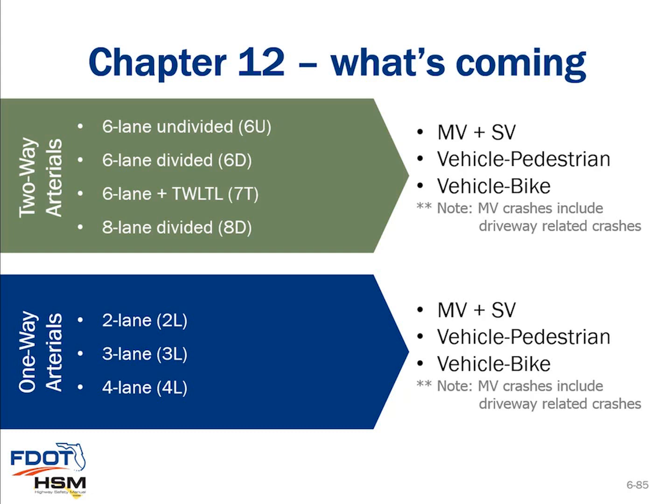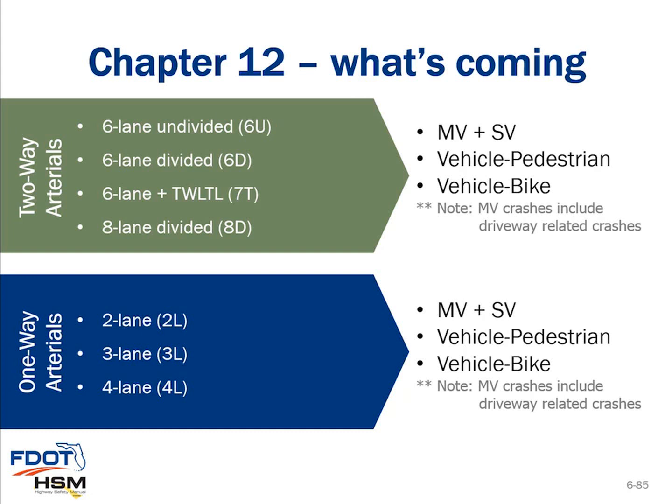So keep it on the horizon, just like Chapters 18 and 19 are now available. We'll have those in future webinars. This will be coming available to the profession. So what does it contain? It contains expanded information. Now we will have 6-lane undivided, 6-lane divided, 6-lane with a two-way left turn lane or 7 lanes, and even an 8-lane divided. We'll also have, for the first time, one-way arterials, 2, 3, and 4-lane one-way,